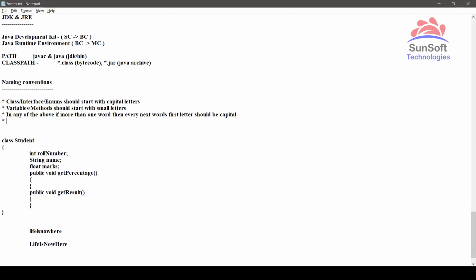But if you have, for example, some constants, they should be all in caps, or capital letters. Then, if there is more than one word, they are separated by an underscore, that is this symbol, underscore.